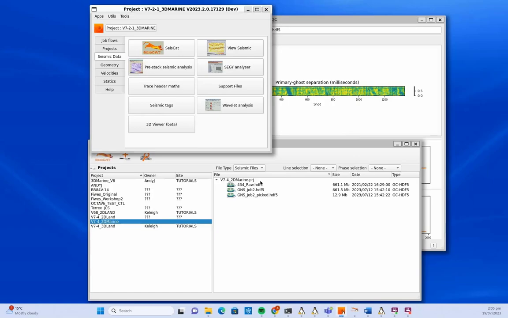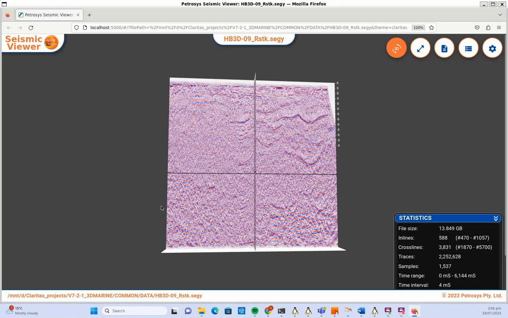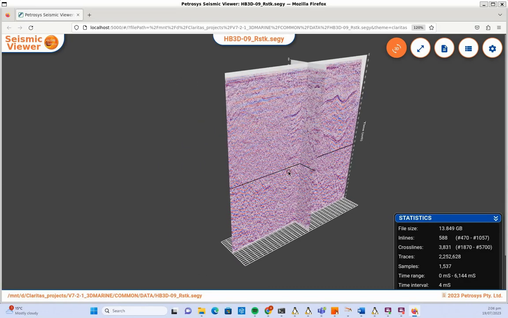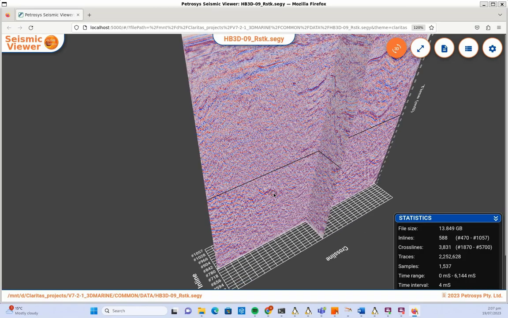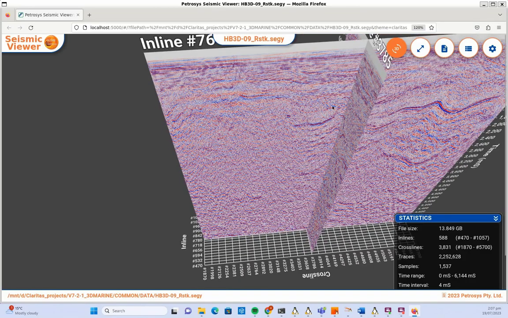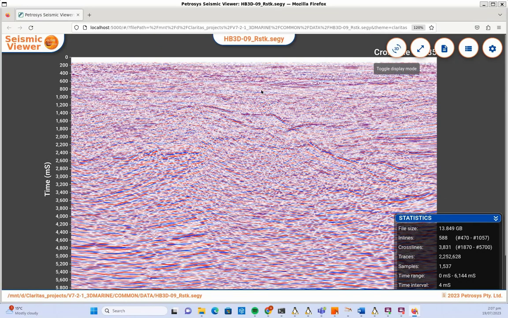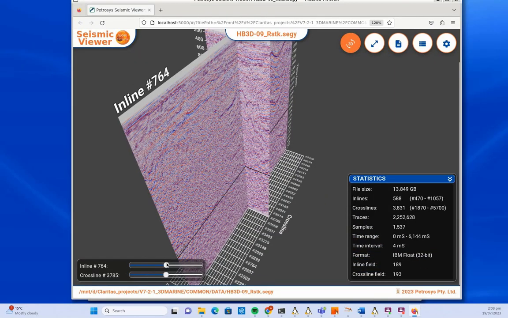So I click open on that and it will launch a browser that uses an HTML display method to display the data on screen. There we can see the data, so we can use typical mouse controls to pan around, move the display, and zoom in using the mouse or middle mouse button, mouse wheel. The inline crossline is displayed on there. We can flip to a 2D view of inlines, flip back to 3D,